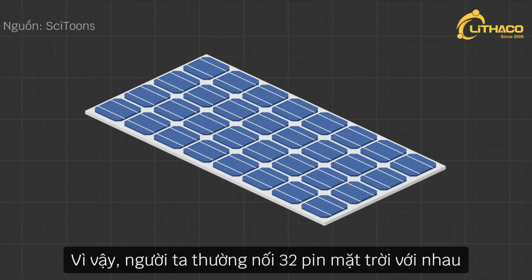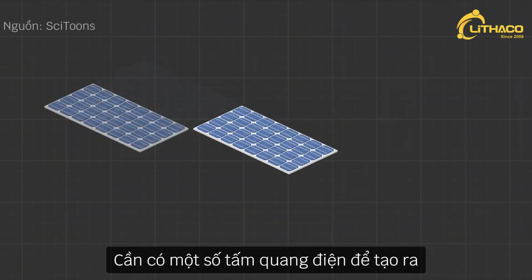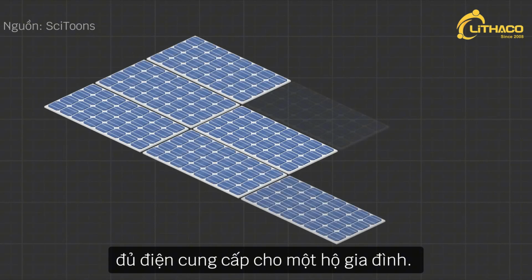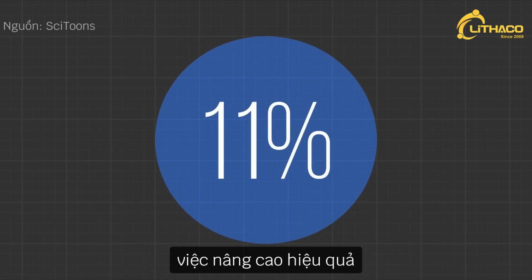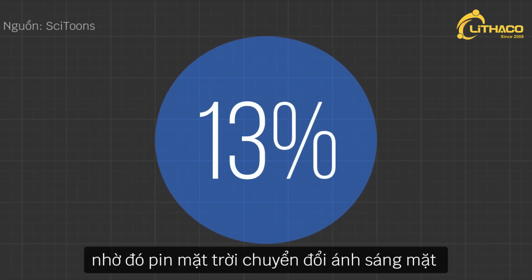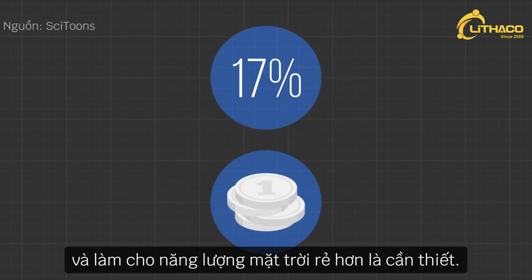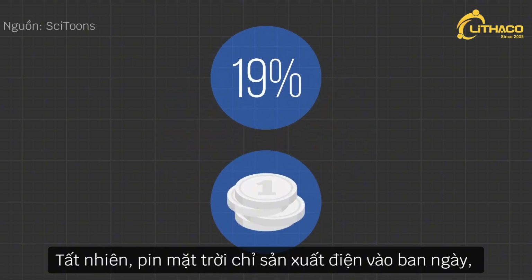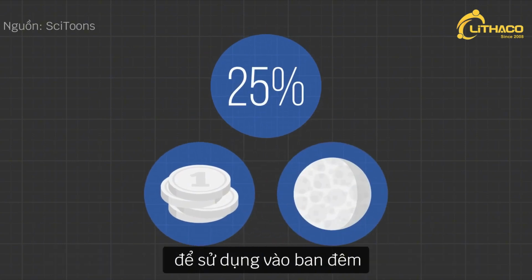So, several solar cells, typically 32, are wired together to make a solar panel. Several solar panels are needed to generate enough electricity to power a household. Future challenges include improving the efficiency by which a solar cell converts sunlight to electricity and making the solar energy cheaper. Of course, solar cells produce electricity only during the day, so storing the electricity efficiently for use during nighttime